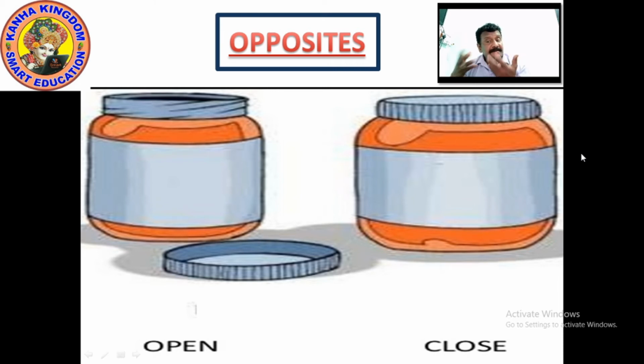And the words are used here also. For example, you have seen the plastic container which has a lid, it is opened, so it is addressed as open. And in the second place where the lid is as it is, it is said to be closed. Open, close. Close, open. So these are the opposites. O-P-E-N, open. C-L-O-S-E, close. Right? Please write it down.